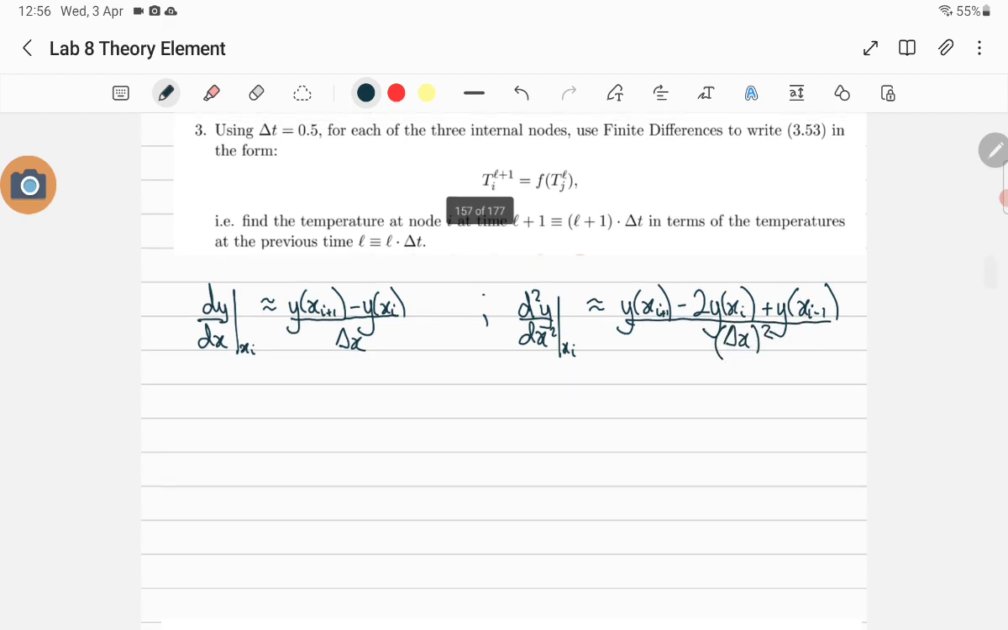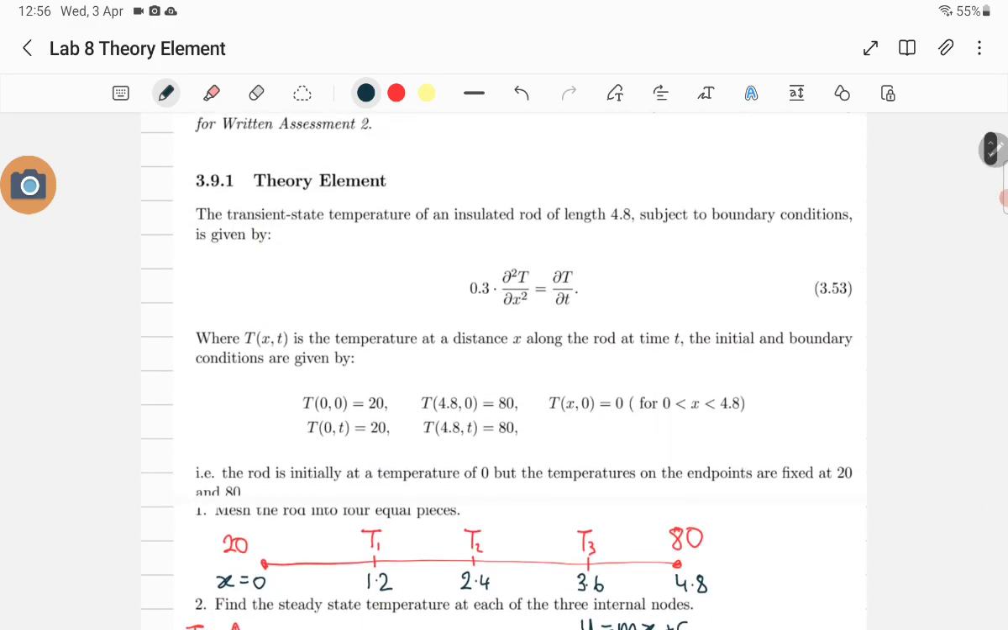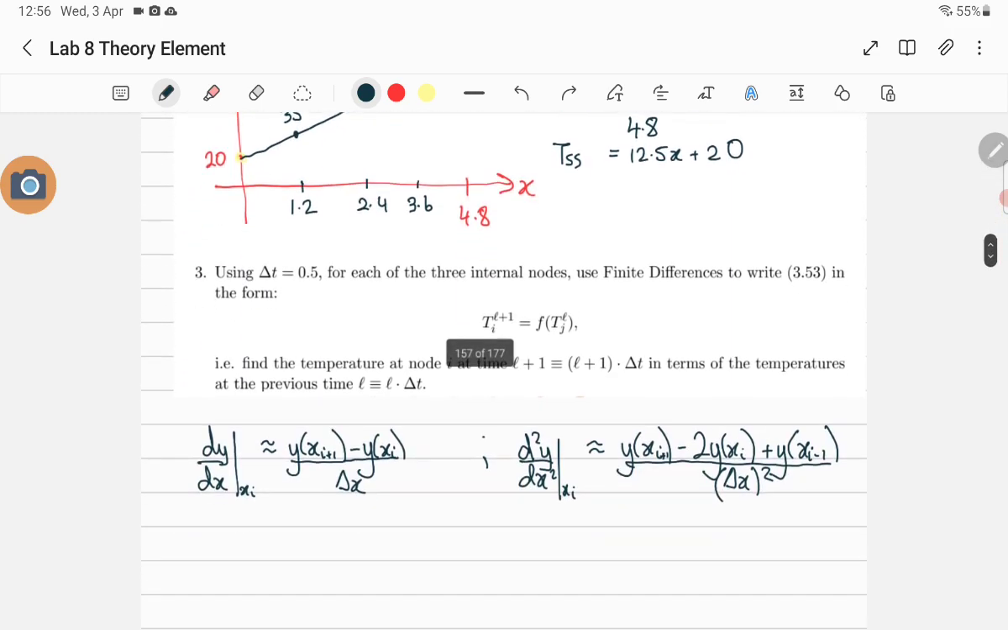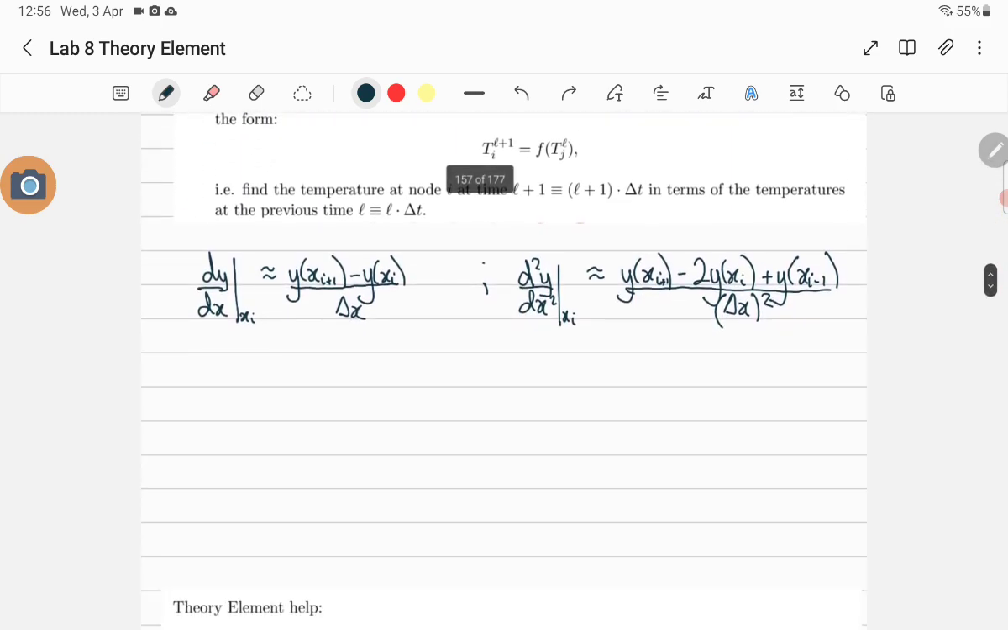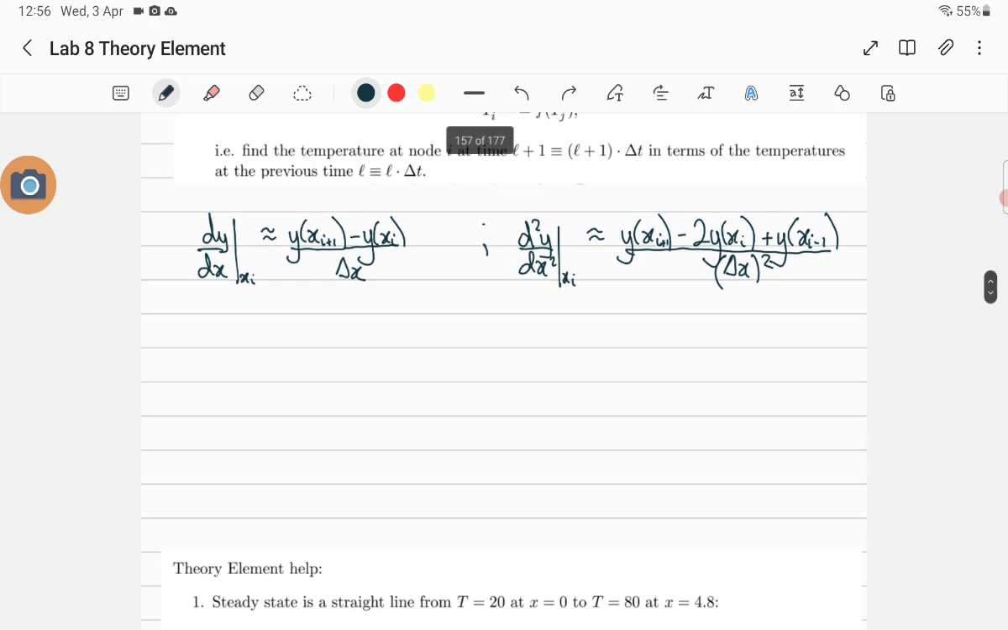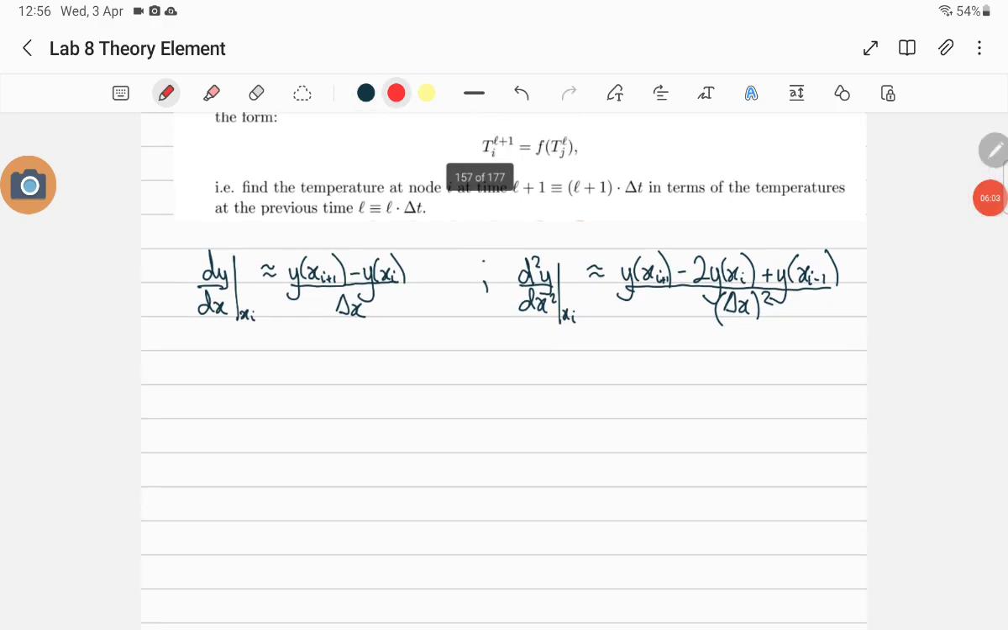So we've got above a second derivative and a first derivative, and we will be approximating both of those using this, but it needs to be with respect to some grid. So the grid will go a little bit like this. So at a certain time,